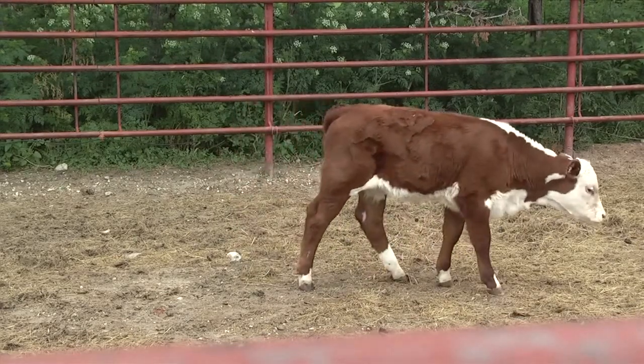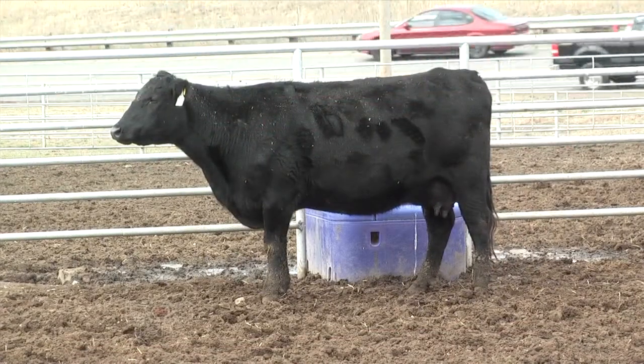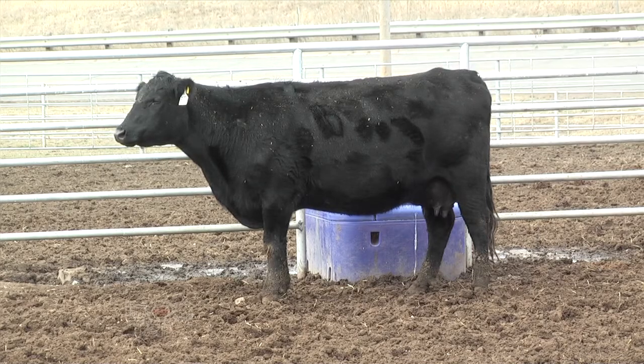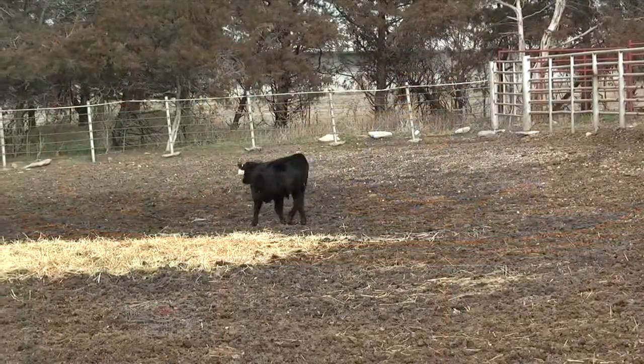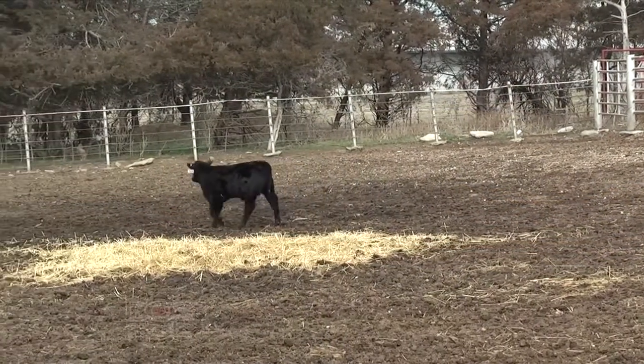Also, it's a fairly serious disease in that diarrhea is in its name, so you would think that's an important part of the disease, but actually that's a pretty unusual sign that we see. It's a very strong immune suppressing virus, and so we will see it as a component of respiratory disease. We see it as a cause of abortions and poor calf health in young calves, and so it really affects a lot of the different body systems,